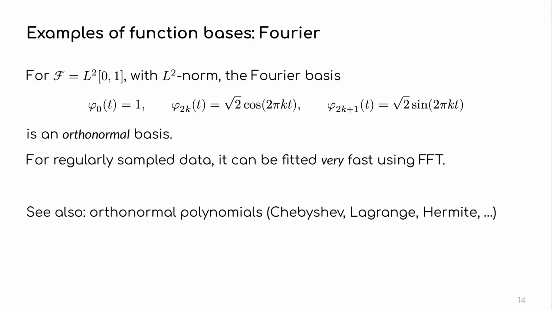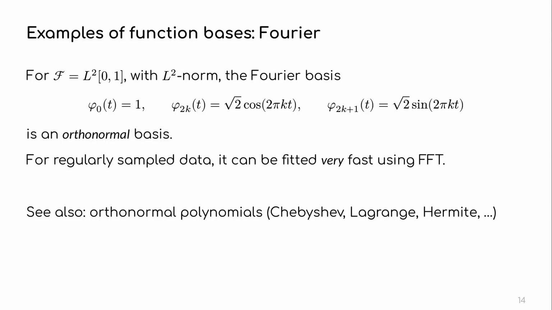A more common one, which is also common in deep learning, is this: if we have a space L2, so square integrable functions, with obviously the L2 norm, then the Fourier basis: the first function is just the constant 1, and the others are cosine of 2 pi k times t, and sine of 2 pi k times t, alternating, so just trigonometric functions of increasing frequency. These functions form an orthonormal basis of L2,